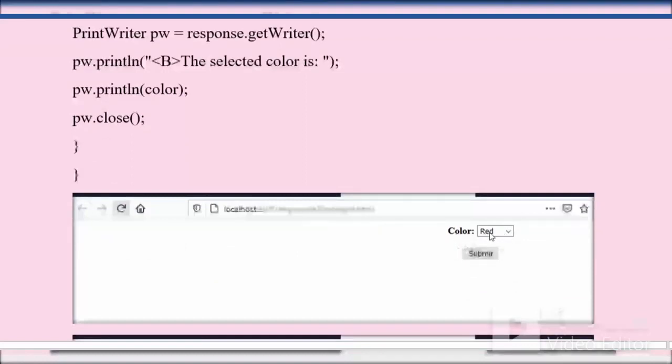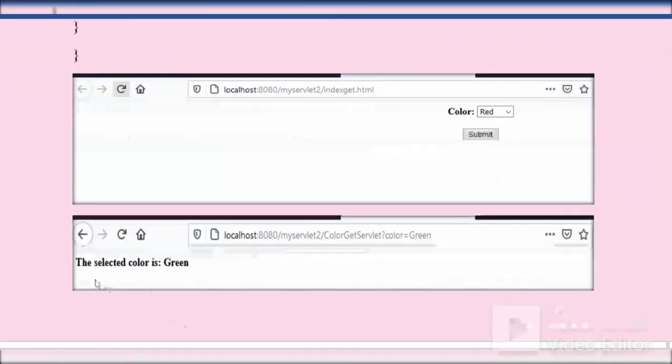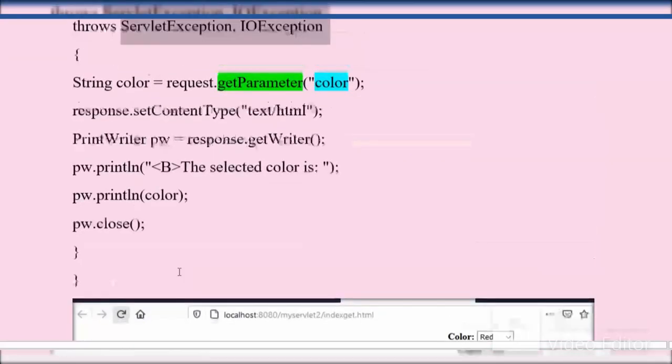When you select a color and click on this submit button, it will display the selected color is green. This is your output.